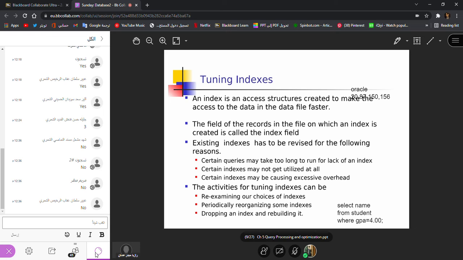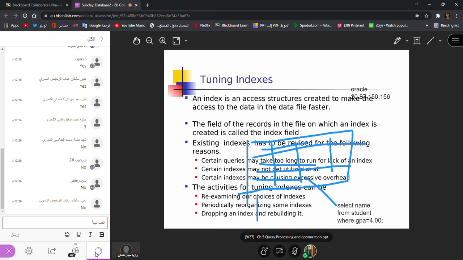This is my table, like this. I have so many rows here, okay? Say 1000 of them. But I have to get the name of only those students. So what will the query do? It will go to the student table and will start reading every row. That is known as table scanning. It will scan the whole table.